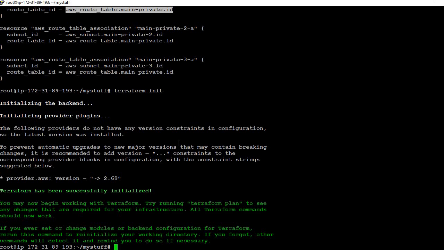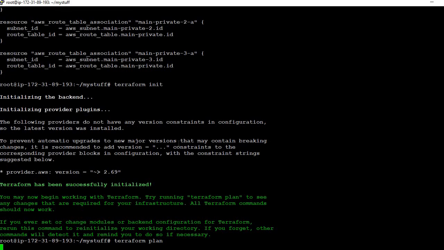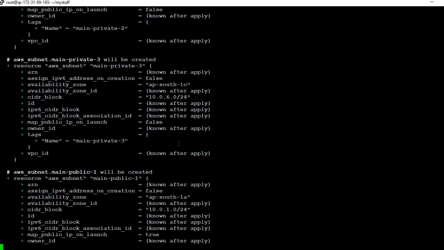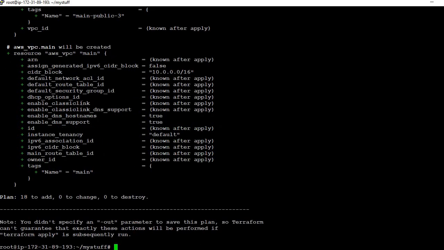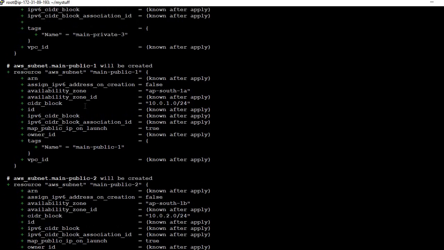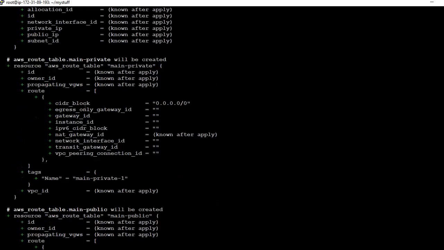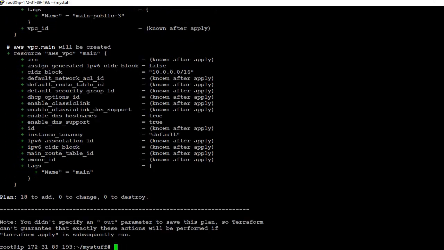Now all is fine. Now we will run the Terraform plan. It will show you the resources that are going to be created on AWS. Now the next stage is to apply.